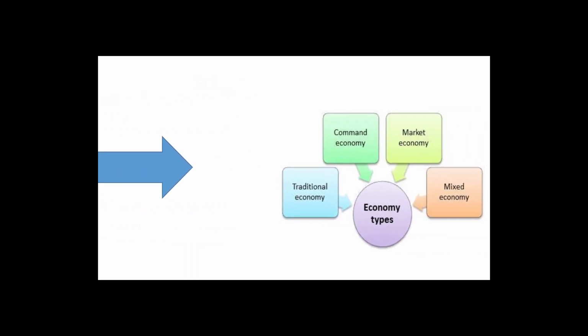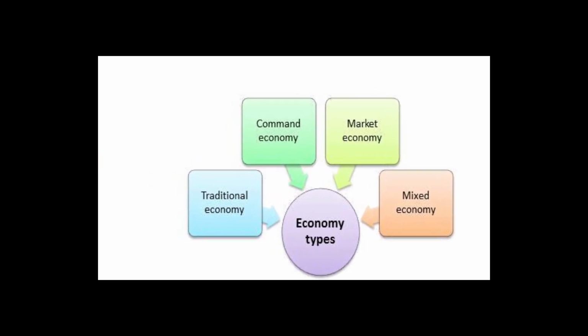So when you're answering these questions, you typically have four economic systems. The first one, which we call a traditional, is actually the barter system. We know that we don't have barter system anymore because barter had a lot of issues. Issues like double coincidence of wants, exchanging a good for another good, that was barter. And we said there are a lot of problems with it, and it cannot last in a proper big economy.